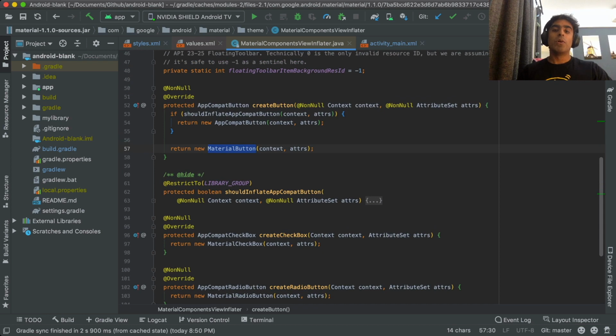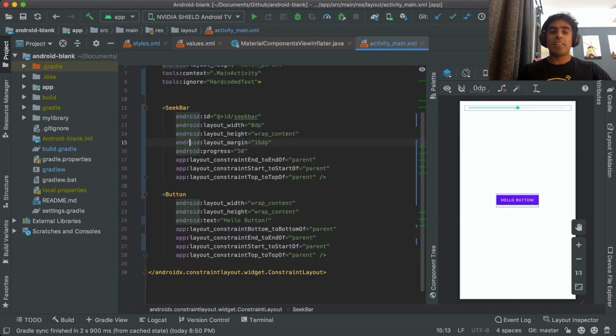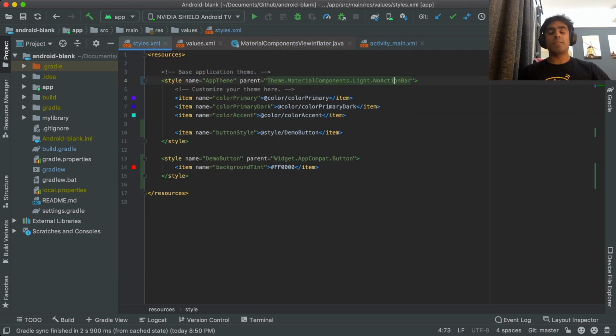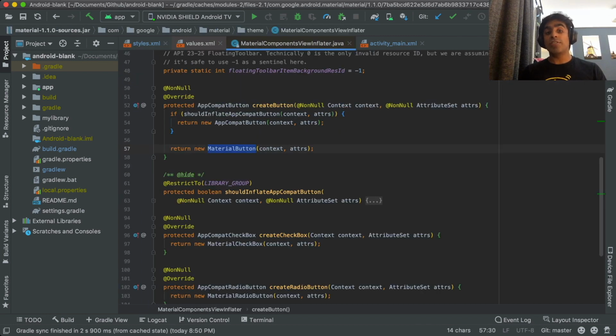So now the MaterialButton is being used and not the AppCompatButton, and that could potentially be a reason why the buttonStyle is not being respected. If that is the reason, then the two-argument constructor of MaterialButton should be using a different theme attribute and not buttonStyle, which is why buttonStyle was no longer able to control its default appearance.